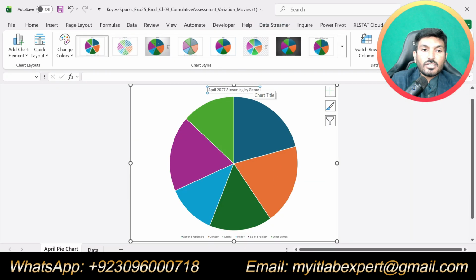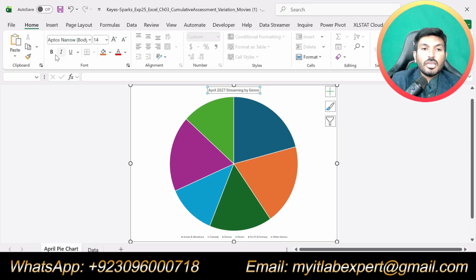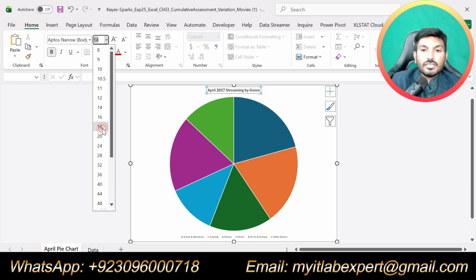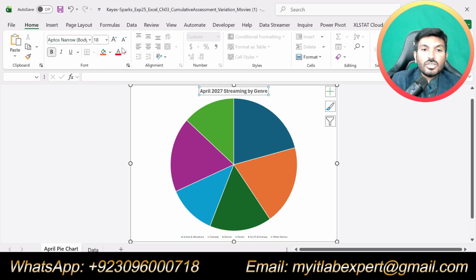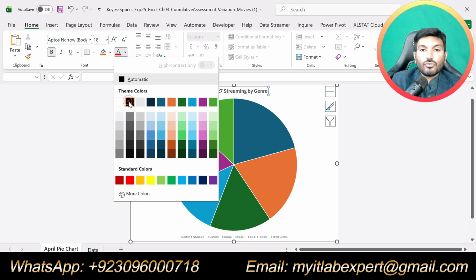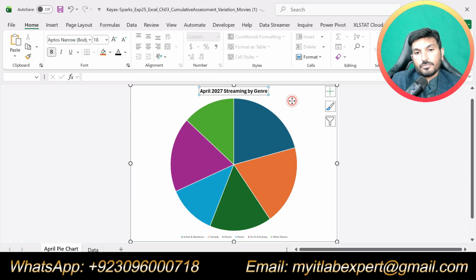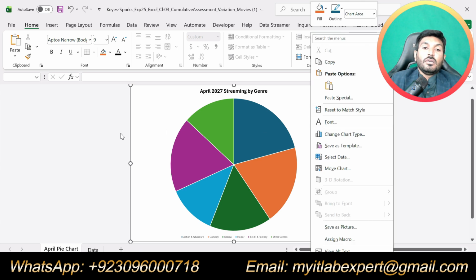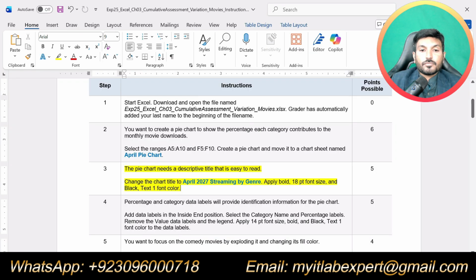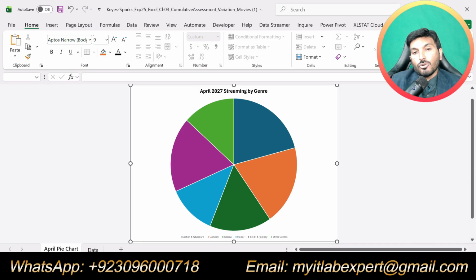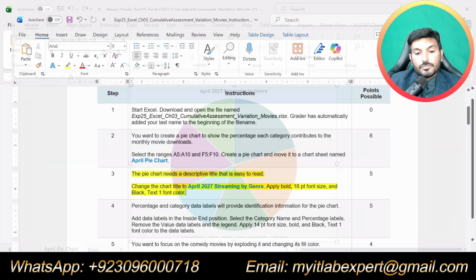So select the chart title, go to the Home tab, apply bold, change the font size to 18, and change the font color to black text on font color. Okay, this one. So that is all about step number 3, where we were supposed to add the chart title.